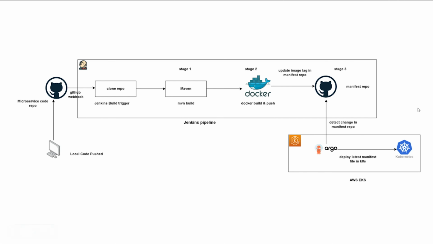Now, this is the CI/CD pipeline. This is the CI/CD flowchart for the application that we have created on local. So this is the flow when you create an application in local, push it to GitHub, create a Jenkins pipeline, and do the CI/CD using Jenkins and Argo CD. And at the end, deploy the whole code at AWS EKS.